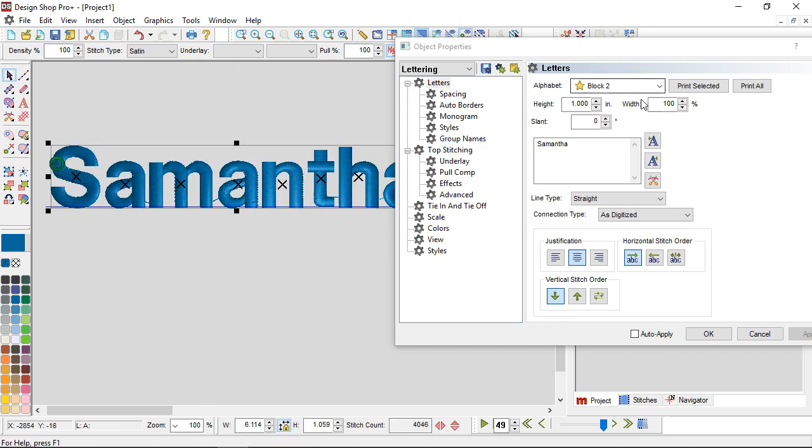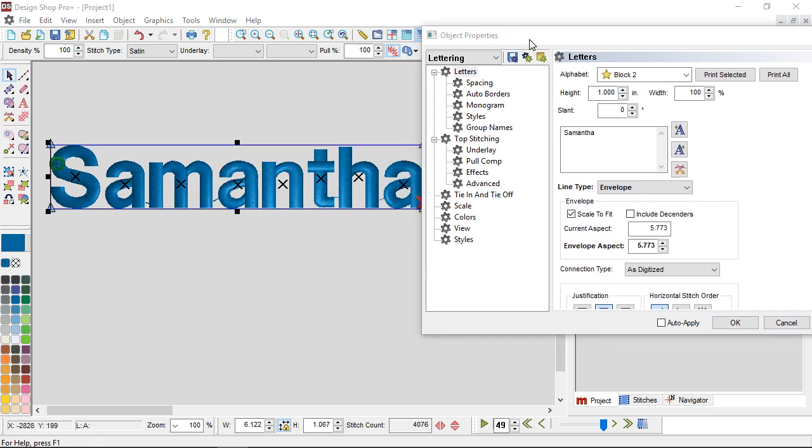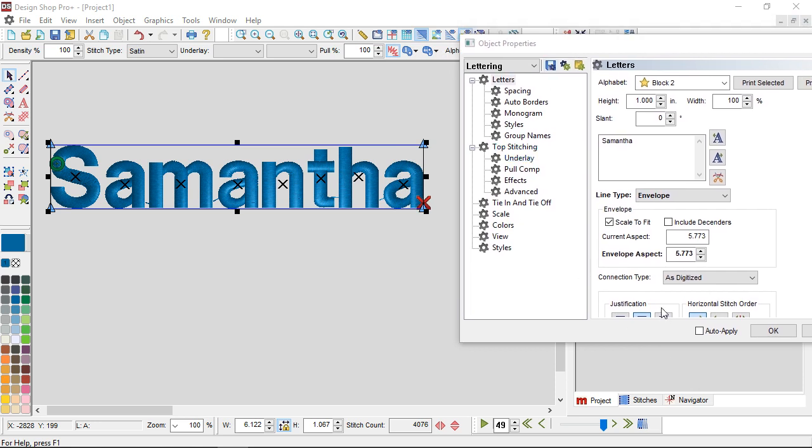And we will put on envelope. And I'll actually just leave it here for a minute. So with include descenders, if I swap this out to something with a Y, so let's say Sammy,